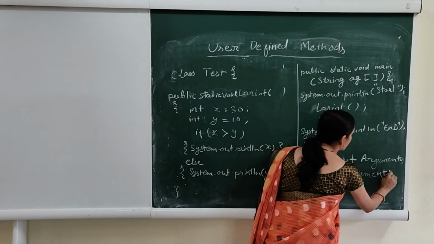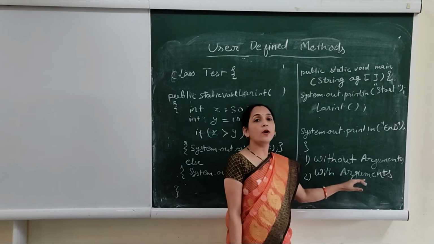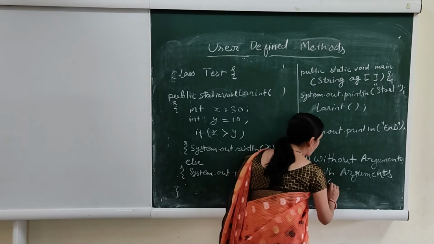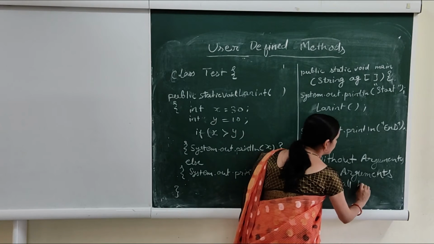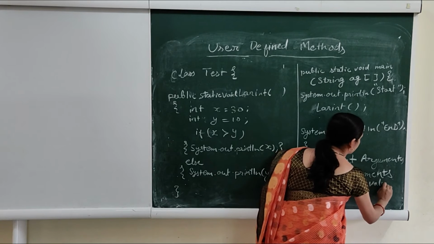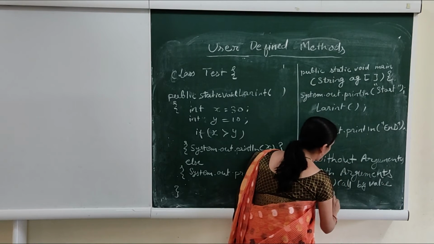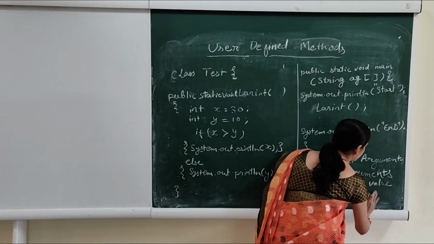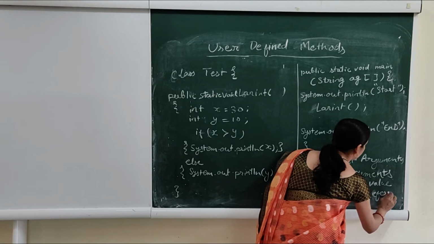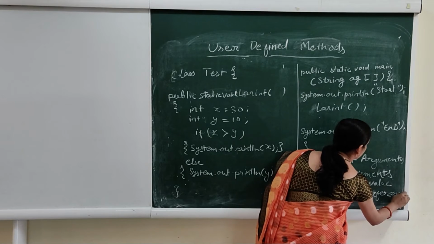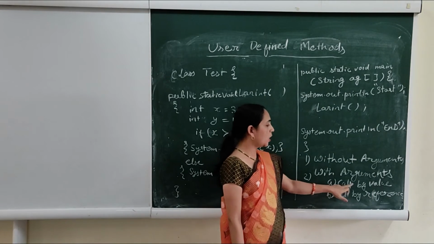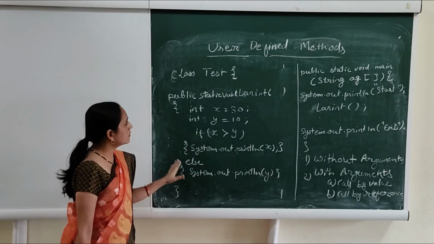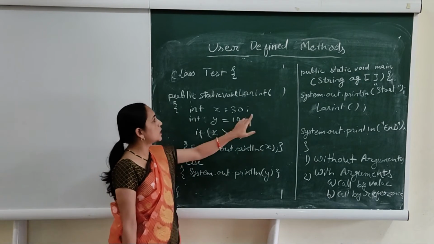Now, with argument functions are again of two types. Means if you are providing arguments, you can provide arguments in two ways. One is call by value, then another is call by reference. Now here as you can see, we have created a function which is not accepting any